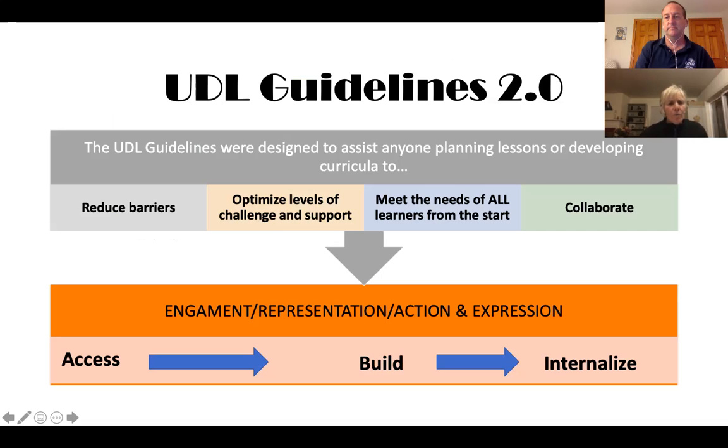And again, when we look at UDL, it's about reducing barriers. And that means finding ways for students to access the information and to present the information in ways that can work for them. What kind of support do you need? Optimize levels of support. For some students, they may need parents, they may need siblings to help them out depending on their level of ability. But really what you want to do is consider all of those potentials and where that student is.